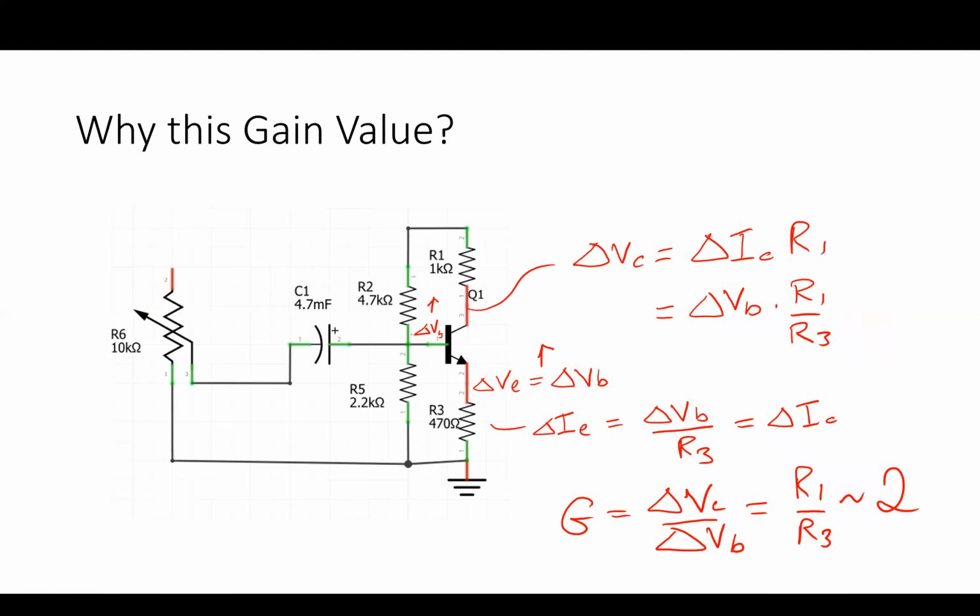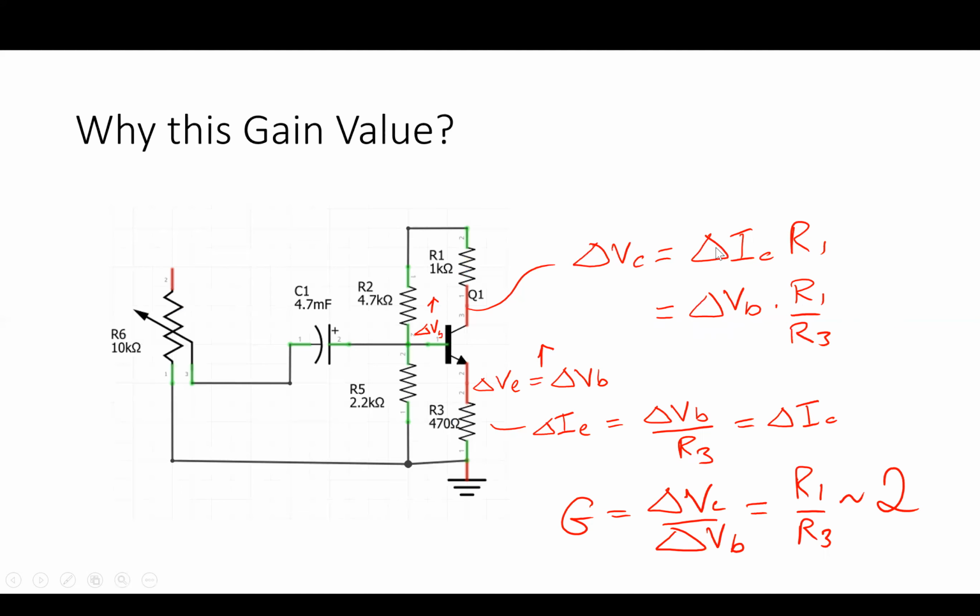Why? Okay, let's take a look at it. Remember that if I put a delta V on here, I'm going to get the same delta V here, and this is going to cause a change in current, which is delta V divided by R3. So here's the change in current. The emitter current equals the collector current, so I'm going to see a similar change in the collector current. And so if I now ask what the change of VC is, VC is actually going to fall if this goes up, there's a 180-degree phase shift,